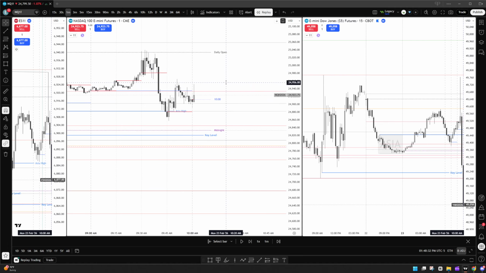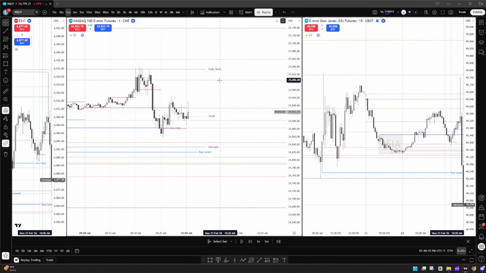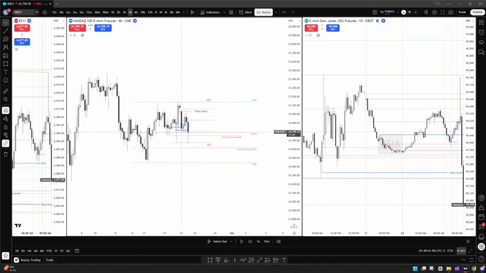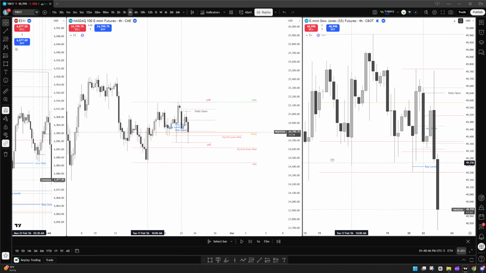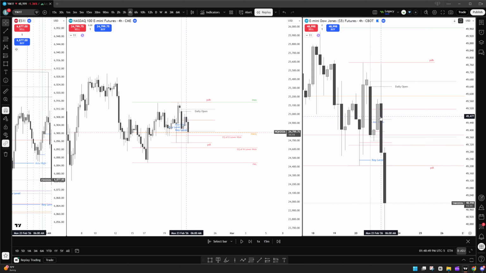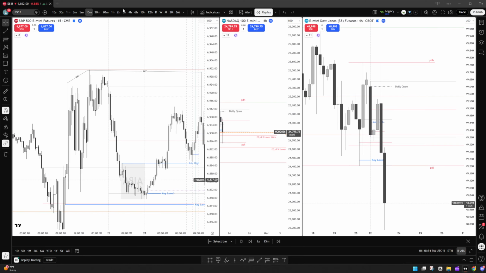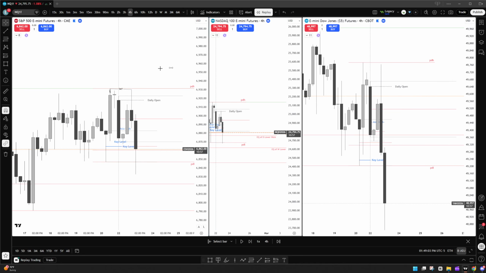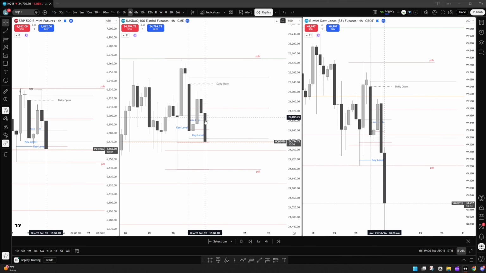Because look, we wait. We wait for 10. Why do we wait for 10? The reason we wait for 10 is because, on this one here, sorry. Here we go. 6 a.m. gave us a CSD lower on YM on the 4-hour. 6 a.m. manipulated 2 a.m. and closed back inside the range on ES and on NQ. So because 6 closed back inside 2, we know 10 needs to rebalance 6 a.m.'s range,